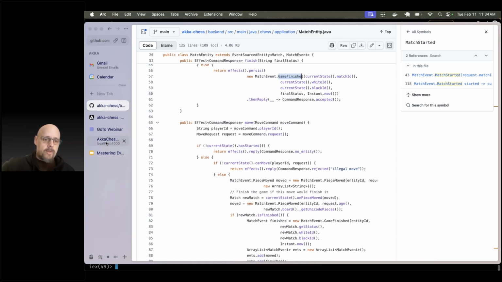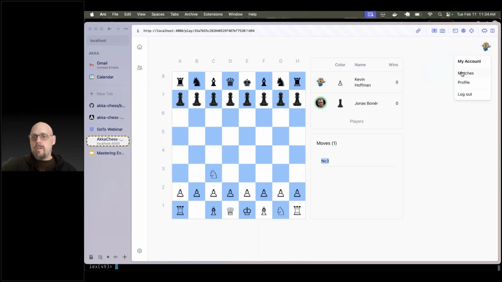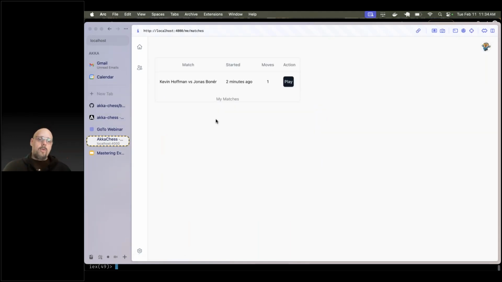And so you can see that if I model things in terms of commands and events and views, so if I go back to my matches list, what I'm looking at here is a view. I'm not reading data from a database. I'm not doing joins in order to get this person's name and this person's name. I have a match view that has my real name in it, has Jonas's real name in it, everything that I'm going to need queried for me ahead of time. And so this view can be potentially eventually consistent, but